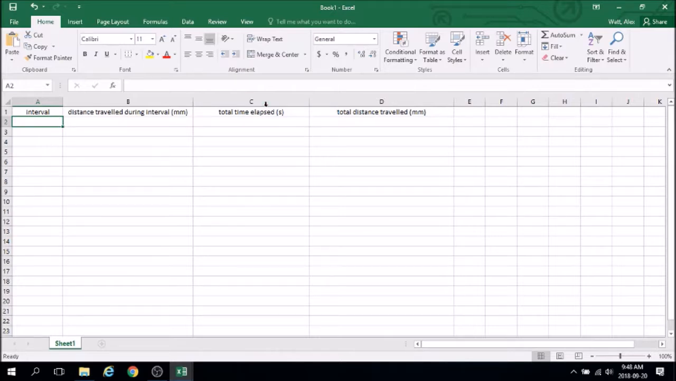I've already put in some headings here, so you can do that first. And then I'm going to start populating this. So this column here called interval, that's literally just a counting number. So between which dots are you counting? The first measurement I made, I'm just going to call that interval 1. Now if you look at my sheet of paper, I made 30 total measurements, so I'm going to have 30